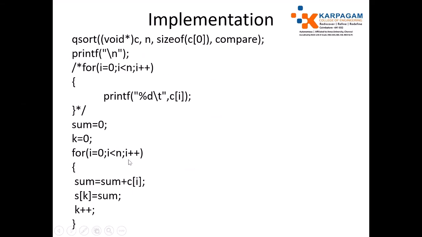For finding how many seconds are needed to collect 2 boxes at a particular point of time, just find the sum and store it into an array, and increment the counter. So I take 2 boxes, find the sum and store it into an array. In a similar way, we can find the sum.